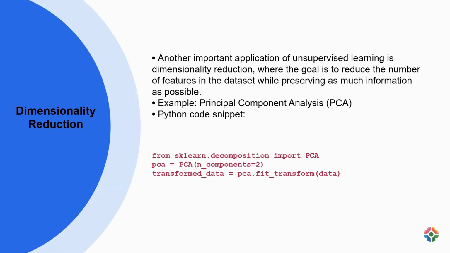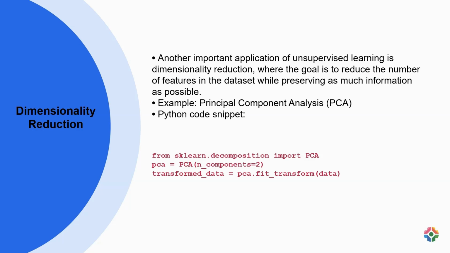Dimensionality reduction is crucial in unsupervised learning to decrease the number of features in a dataset without losing critical information. Principal component analysis, PCA, is a common technique used for this purpose. For instance, consider a dataset with numerous variables measuring similar trends such as temperature, humidity, and wind speed. PCA can compress these variables into a smaller set of principal components without compromising the underlying patterns. In Python, utilizing the PCA module from scikit-learn allows transformation of high-dimensional data into a reduced form by specifying the